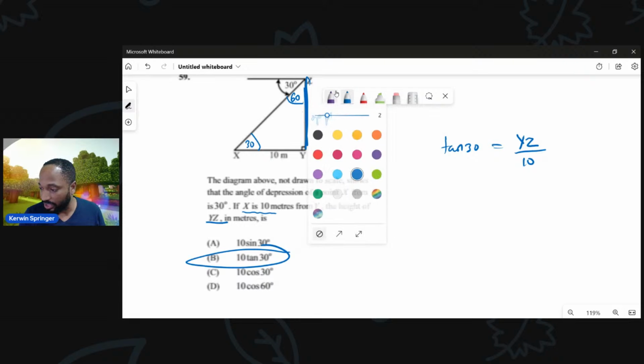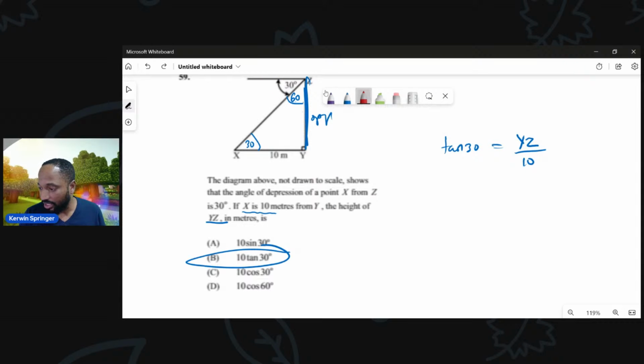Now, it's important for you to realize that if this is 30, it is alternate with the angle of elevation, which is also 30. But sometimes they use this angle here. So it's a real tricky one. I did this one already, but